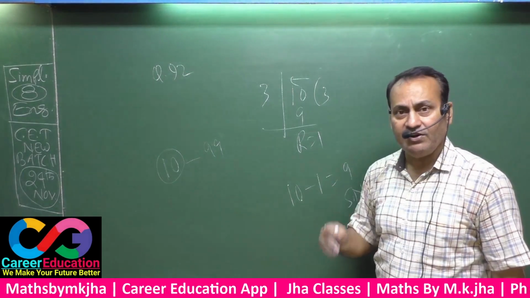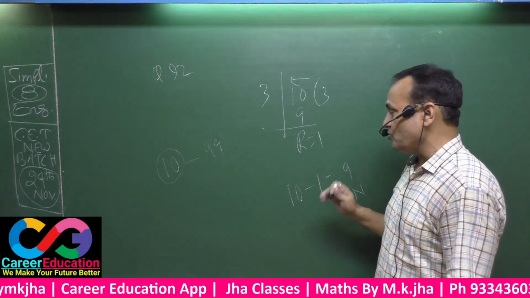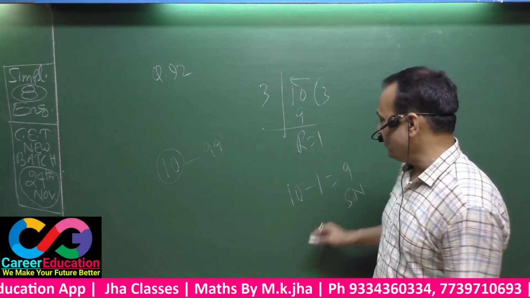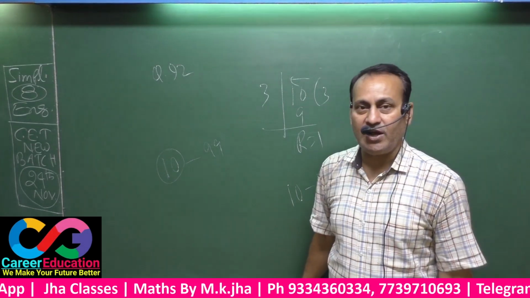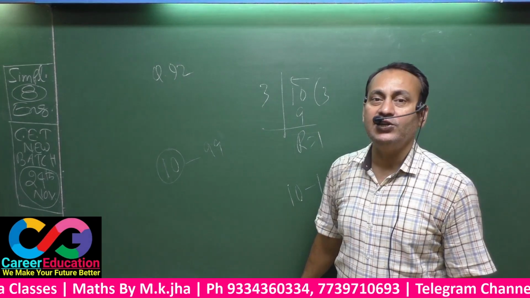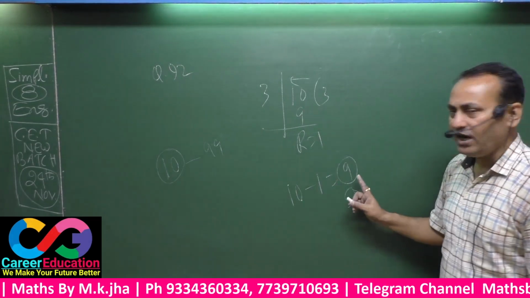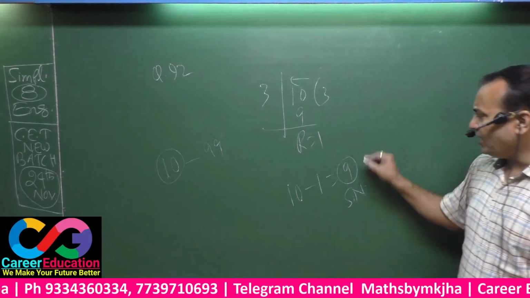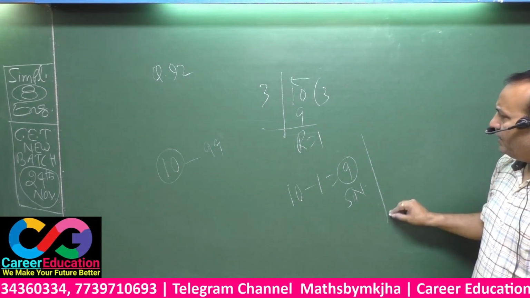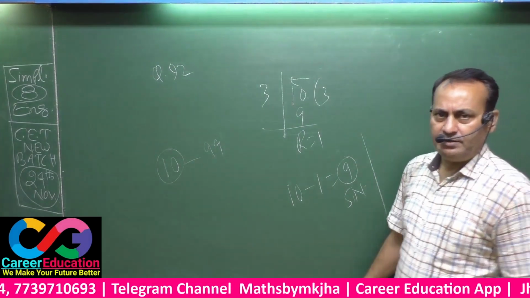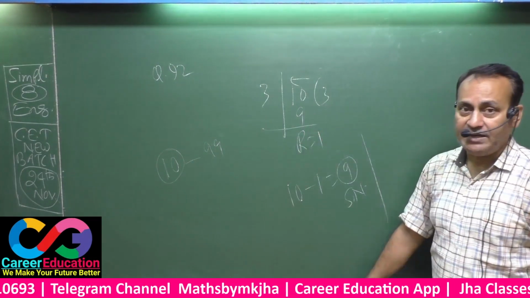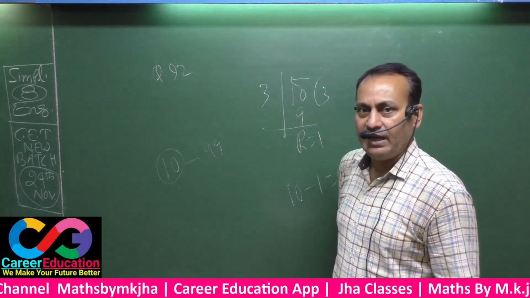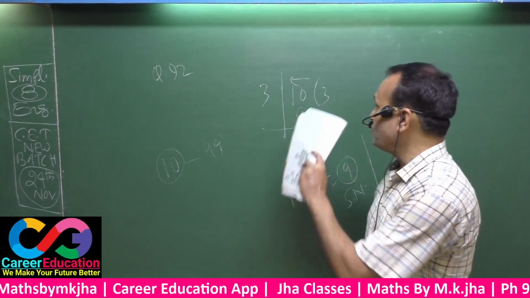9 is certainly, definitely a perfect square number, but the question has demanded a 2-digit smallest perfect square number. That means this is of course a perfect square number, but of only a single digit. That means this can't be your answer as far as the examiner has asked. Okay, see here, this is the quotient 3. That means 3 square is 9 and your given number is 10.